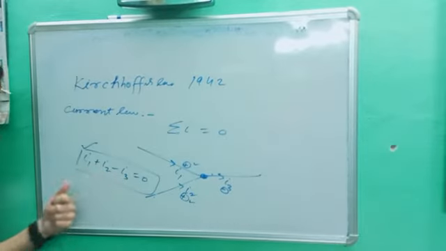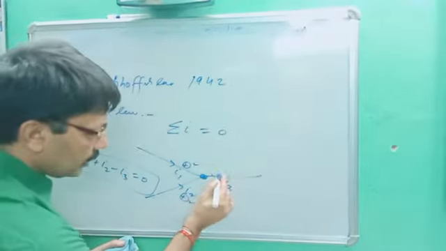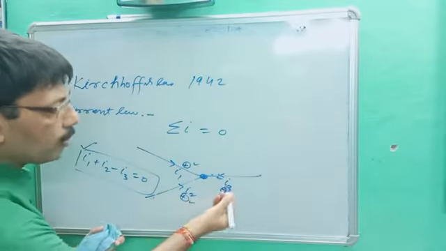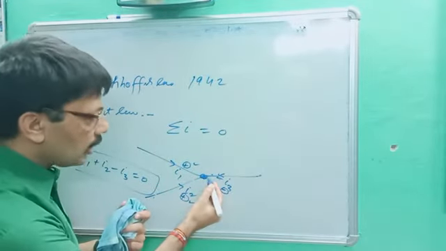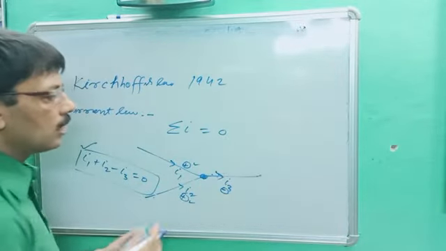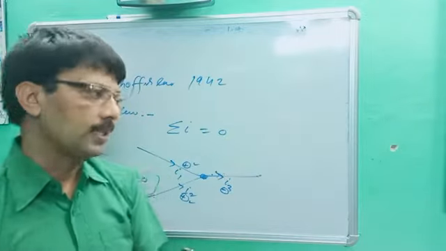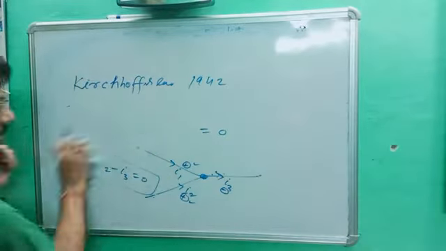Okay, note down the point: I1 plus I2 minus I3 is 0. If the I3 direction is the other way, then no doubt I1 plus I2 plus I3 will be 0, because this current is not leaving the junction but joining it. So all these things depend on the direction of current, toward the junction or away from it. Okay, so this is about Kirchhoff's first law.